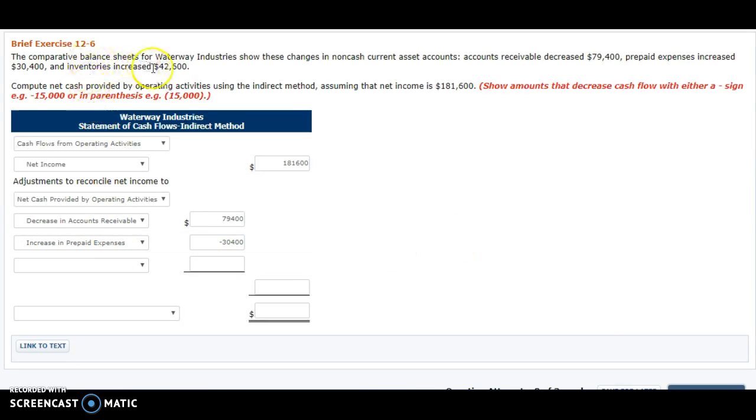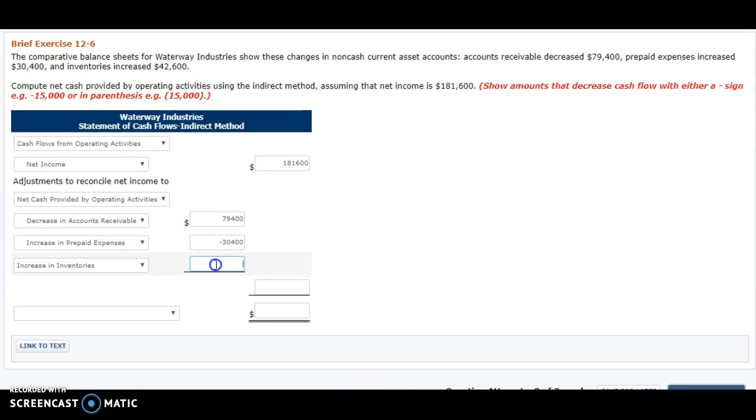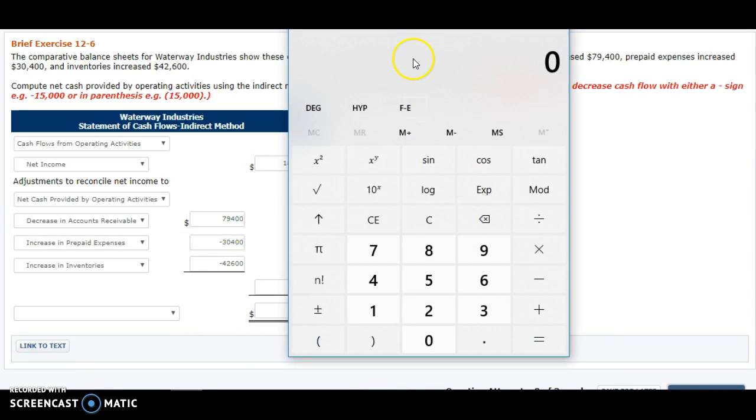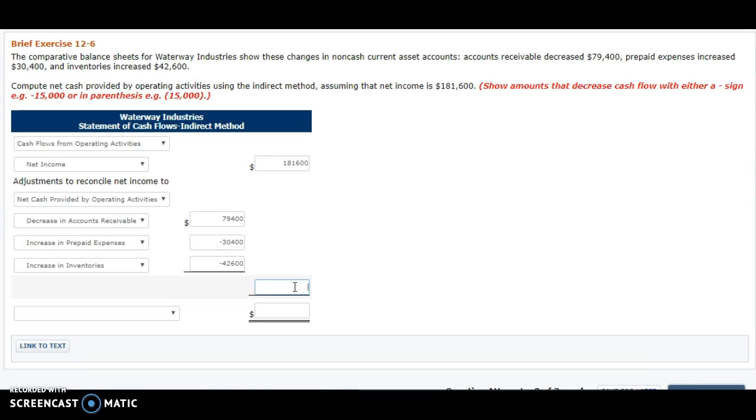And then inventories increased. That's going to be negative. Increase in inventories, negative 42,600. Now we're just going to add these values. 79,400 minus 30,400 minus 42,600, and that gives us a 6,400